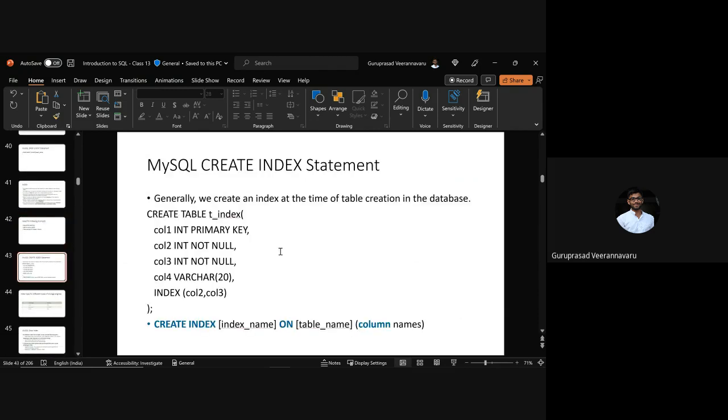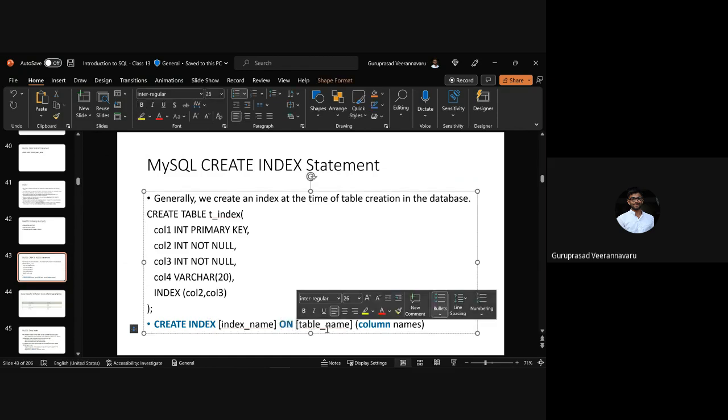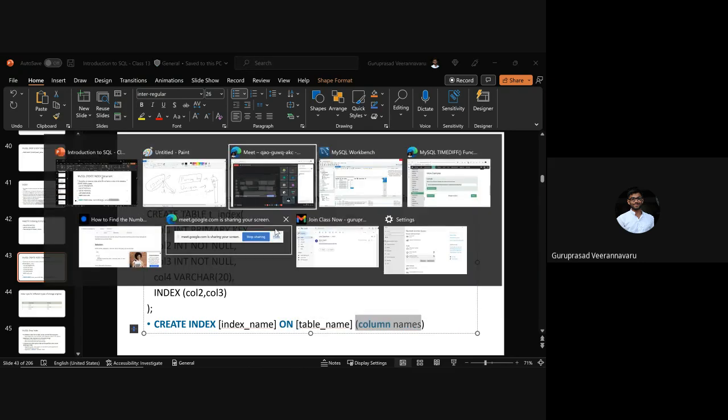So again, create index is nothing fancy. You just say create index, name of the index, and you can create it on a single column or more than one column. So give the table name and then column names. Okay, just to show it here,